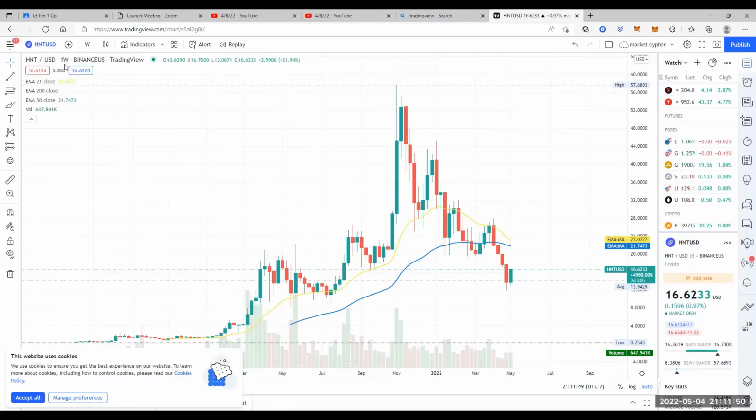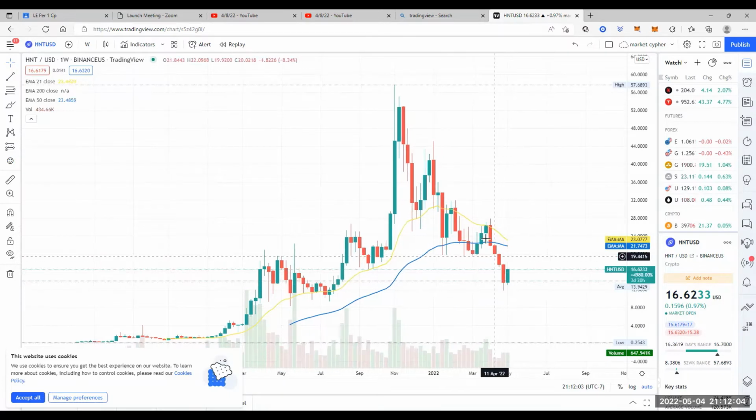Now I have this on a weekly time period, so this actually indicates longer term movement rather than the shorter terms where we'll look at the 4 and the 6 hours and make some determining factors then. But really a weekly gives you an idea. We had 4 weeks in a row with a drop. So really the percentages say that you're bound to have at least one up week, and we're seeing that with a candlestick right here. Now we'll have to see how we end this week to see whether we can continue this trend back towards the 50. Okay, I don't have the 200 moving average on here,